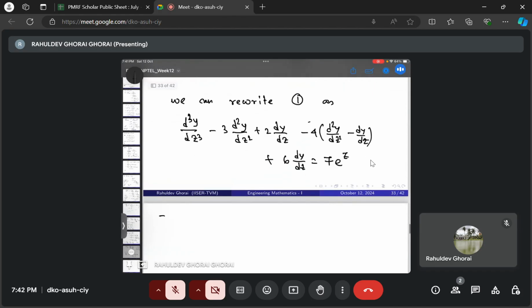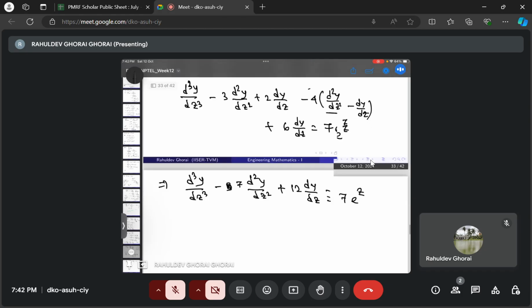Okay, so now if you simplify this, d3y/dz3 minus 3 d2y/dz2, and then minus 4 d2y/dz2, so it will be minus 7 d2y/dz2, and you have dy/dz. So how many terms do you have? 2, 6, 8 minus 4 is 4. Sorry, plus 4 plus 2 plus 6, so it will be 12 dy/dz. So it becomes